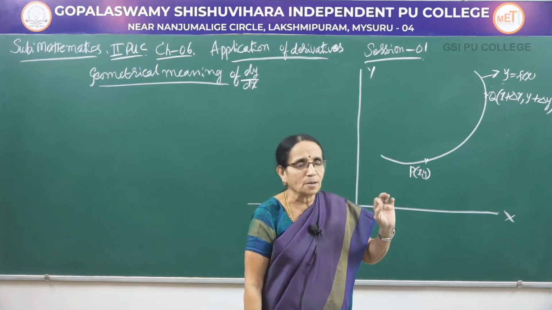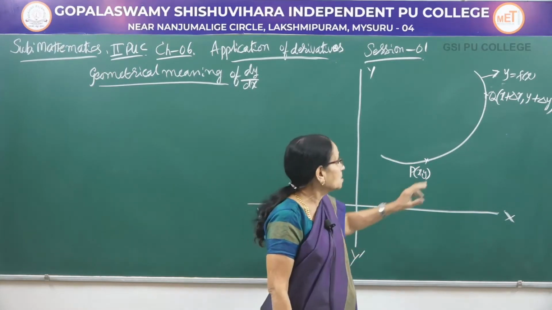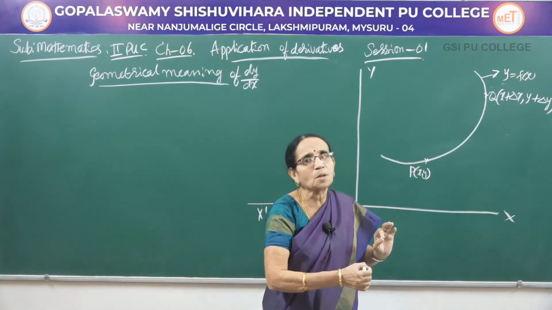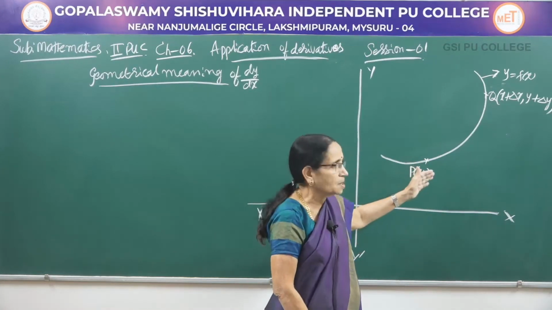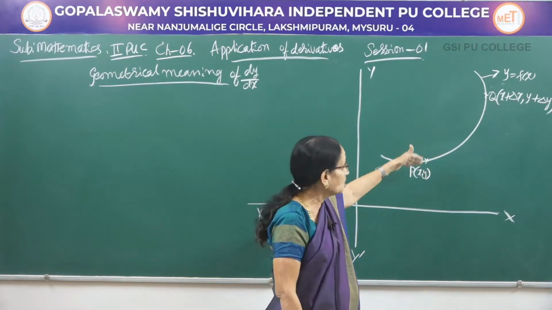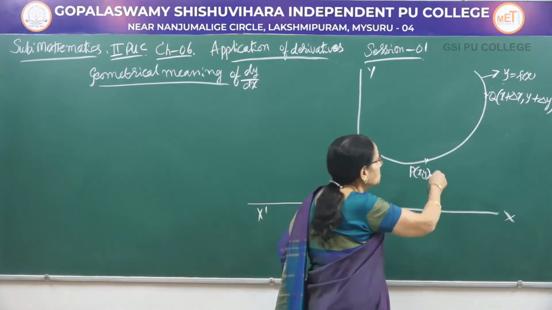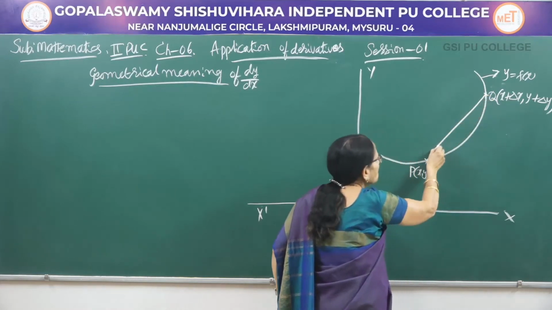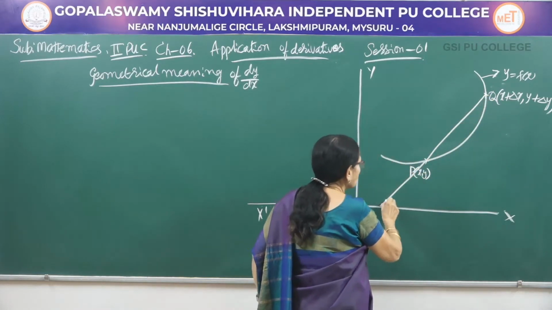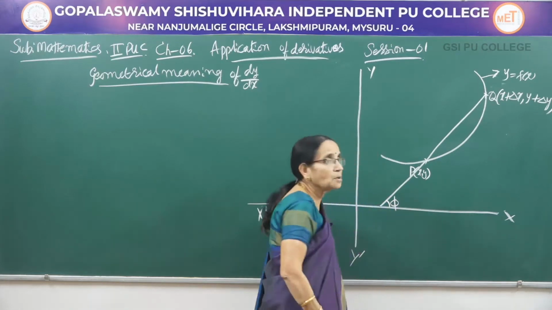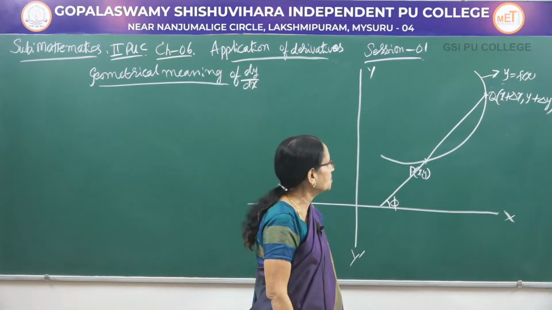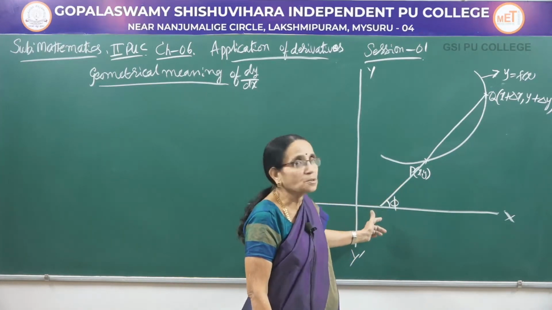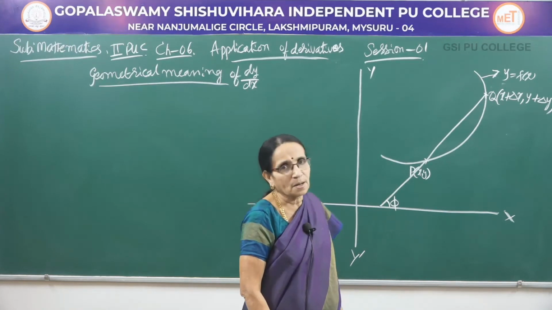Whenever we use delta x, it denotes a small quantity. So, actually here, x plus delta x means it is the next point, very near to the point P. But if I take it here, you will find it difficult to follow. Therefore, I am just writing it a little away from that. Now, join QP and produce it. Let it make an angle phi with the x-axis. So, what I have done? I have joined QP and produced it so that it meets the x-axis making an angle phi.